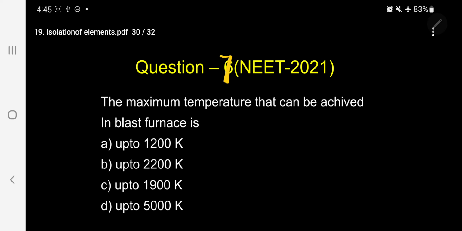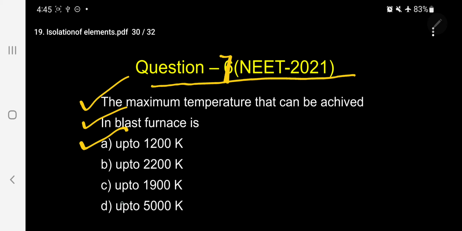This question was asked in NEET 2021. The maximum temperature that can be achieved in blast furnace is: A, up to 1200 Kelvin; B, up to 2200 Kelvin; C, up to 1900 Kelvin; D, up to 500 Kelvin. So you have studied under the extraction of iron using the blast furnace, and you